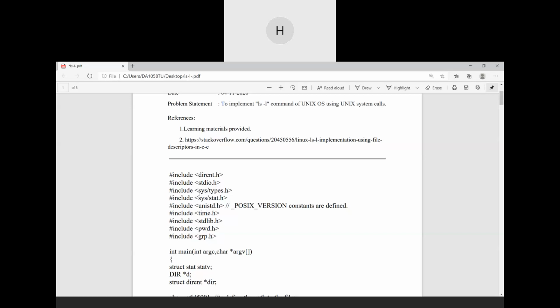In sys/types.h, the size_t and uid_t types and all are defined.